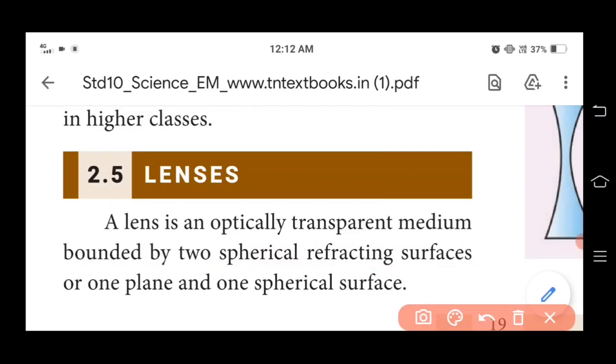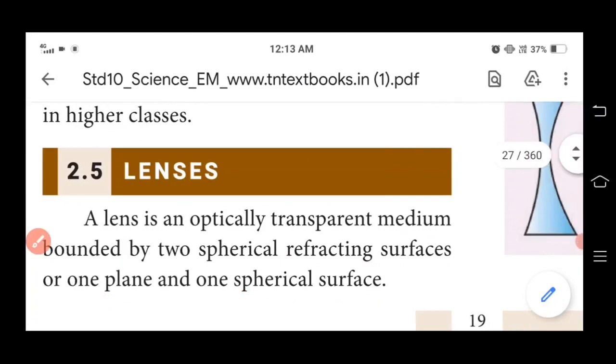So when we pass light rays from one face, it is transparent to another face. A transparent medium bounded by two spherical refracting surfaces, or one plane and one spherical surface. So this is a simple note about lenses. A lens is an optically transparent medium bounded by either two spherical refracting surfaces or one plane and one spherical surface. Here they give an example